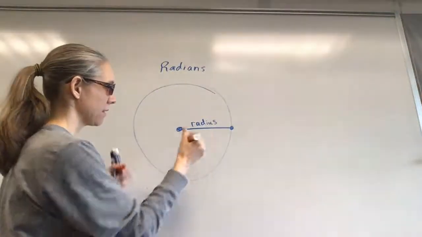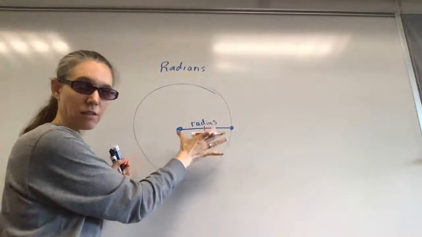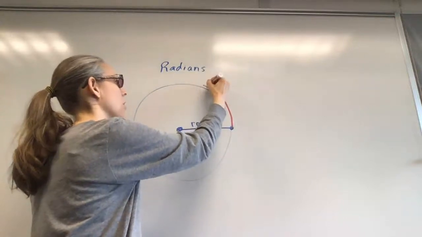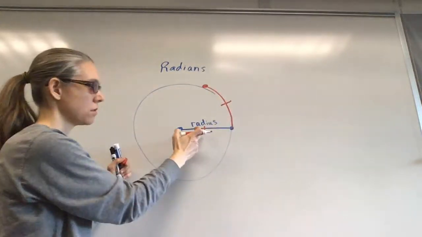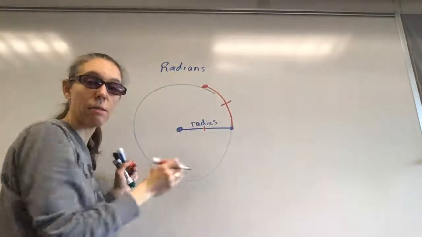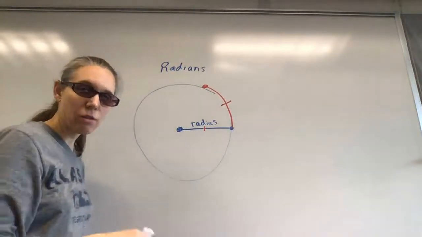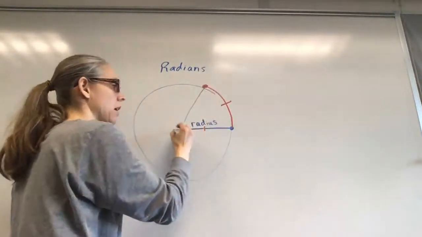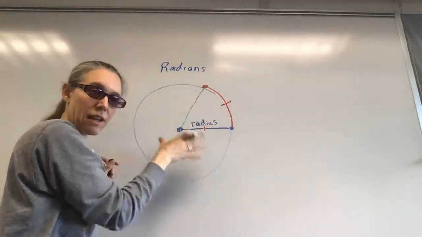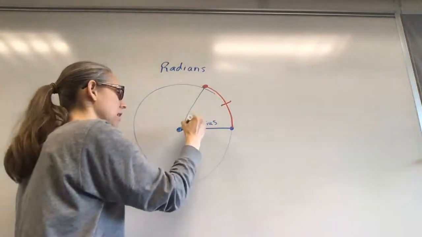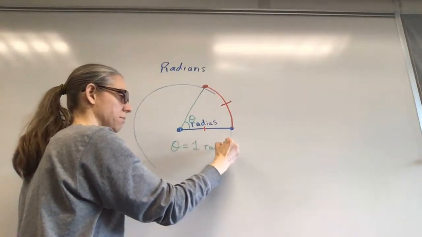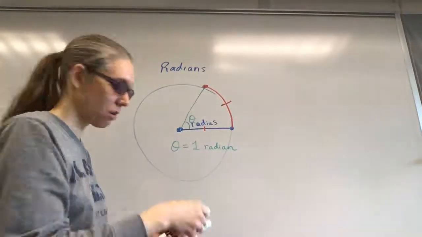If you were to take this length of segment, the length of the radius, and bring it around as a curve. So suppose this segment right here is congruent to this curvy segment. They have the same length. Then the angle formed by these two radii intercepting this arc that has the same length as the radius, this angle right here, theta, is equal to 1 radian. So if you were to continue to go around the circle,